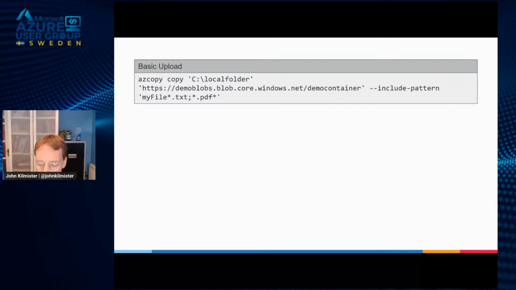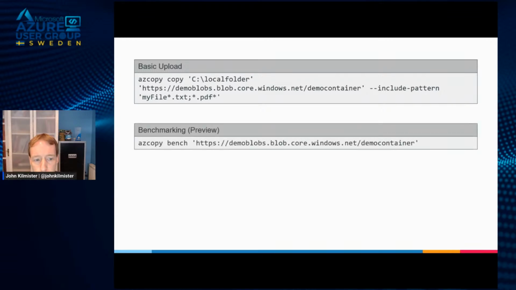Now, I've mentioned that AzCopy is optimized for high capacity file upload. But a preview feature that's just come out is AzCopy bench. And this is really interesting because what you can do is give a container and a number of settings, and it will upload lots of sample files and then produce you a log file, which is a report of all of the performance and timings around that upload.